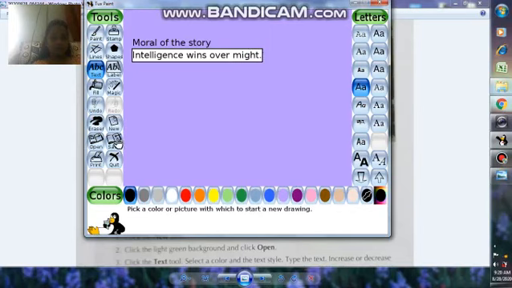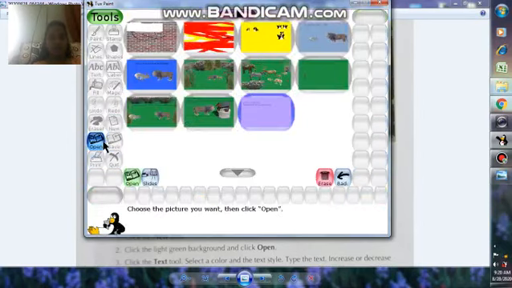Save this. Now see, to see the created pictures, what you have to do is click on open. See, all the pictures are here that we created. This is our first picture, this is second one, this is third one, this is fourth, fifth, sixth and seventh. So it is today's homework to create these 7 pictures.